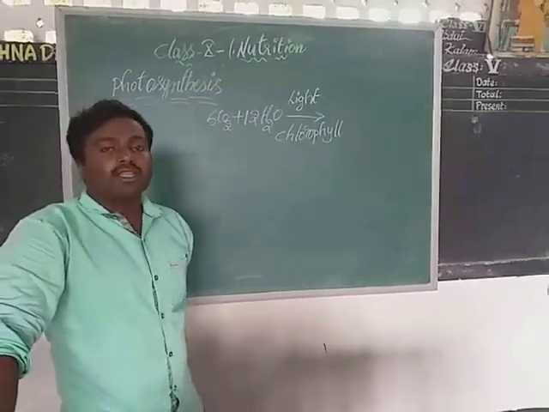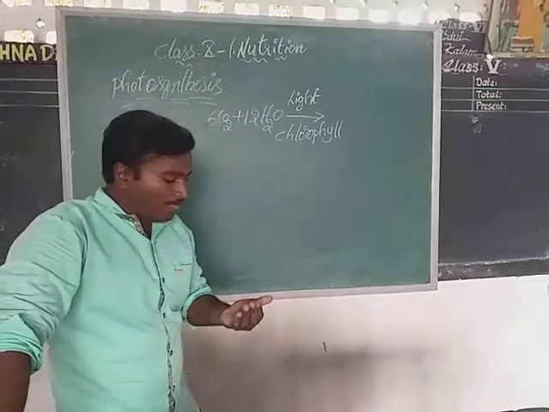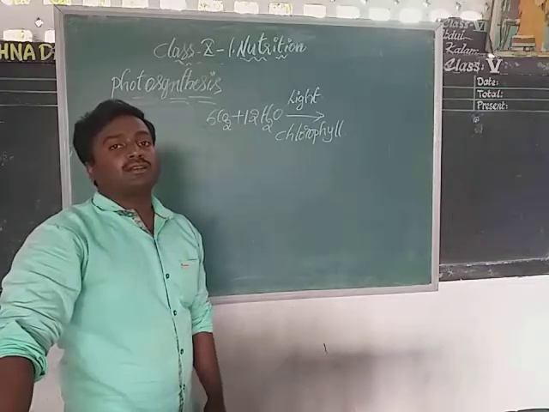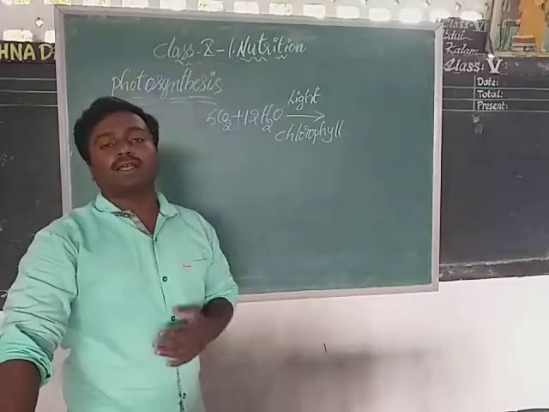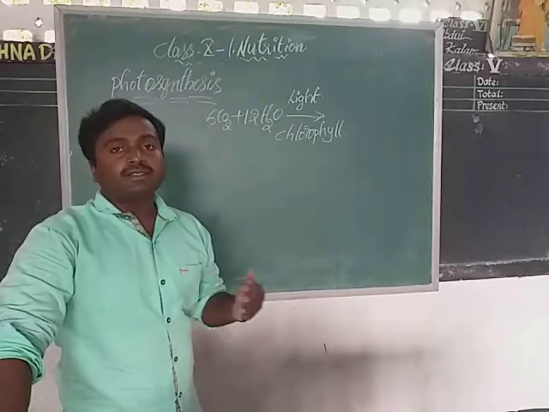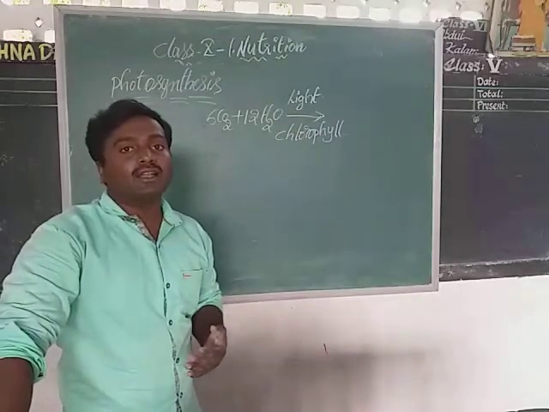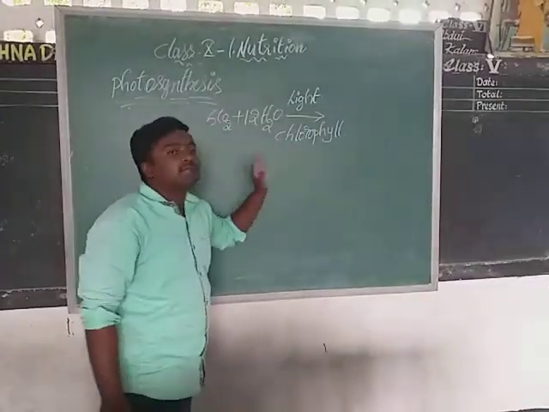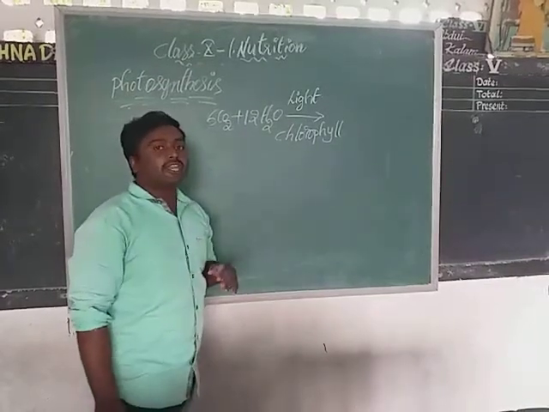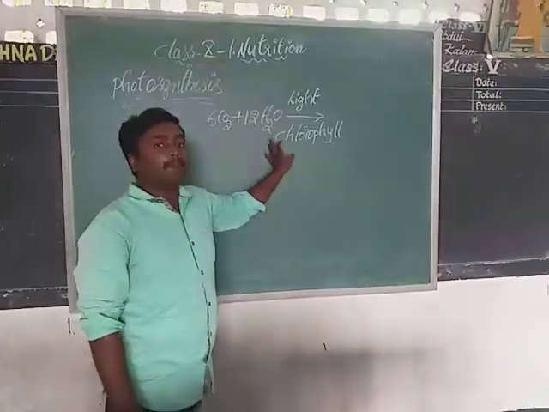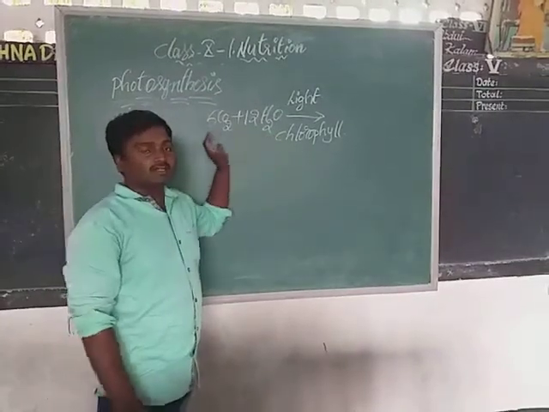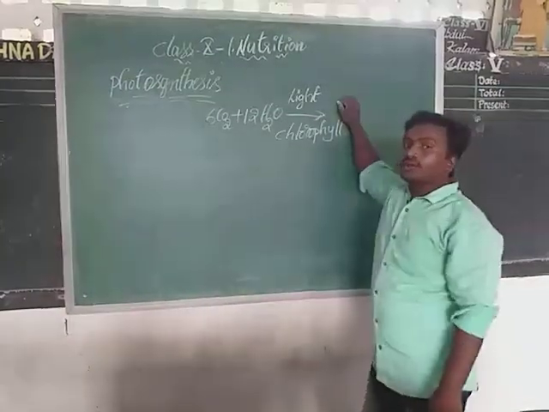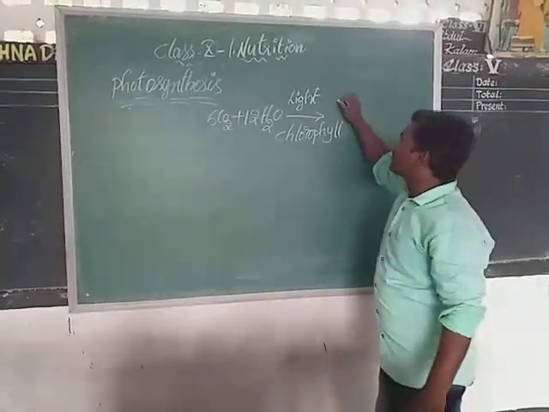Green colored pigment. If you observe the plants, the majority of plants contain which color? Green color. Why? Because of the presence of the chloroplast organelle in it. Why are most chloroplasts green in color? Because of the presence of chlorophyll pigment in it. The majority of plant leaves are green because of chlorophyll pigment. So these are the reactants: 6 molecules of carbon dioxide and 12 molecules of water. Next, we discuss the products formed in photosynthesis.